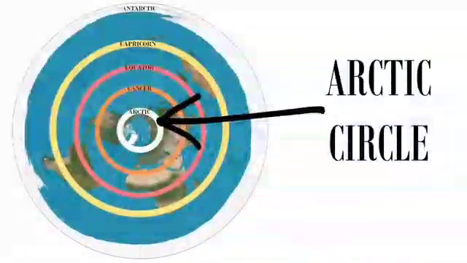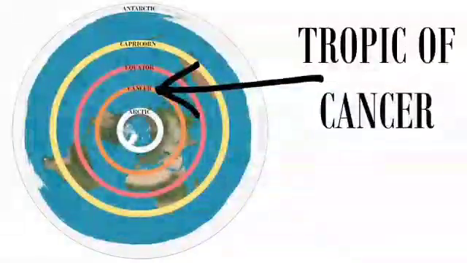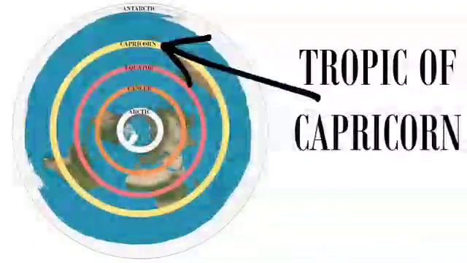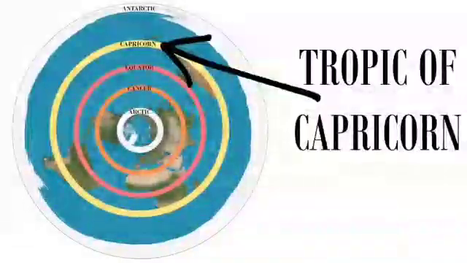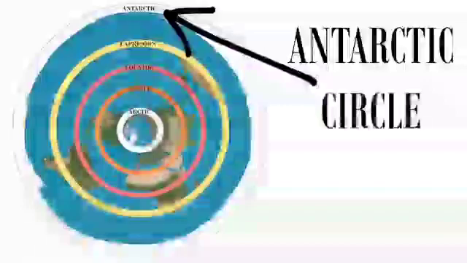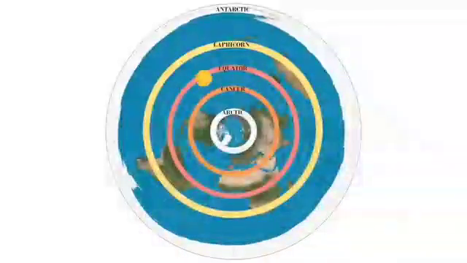There are 5 prominent circles of latitude, we are told. We have the Arctic Circle, closest to the center, the Tropic of Cancer at 23.5 degrees latitude in the northern hemisphere, the Equator at 0 degrees latitude, the Tropic of Capricorn at 23.5 degrees latitude in the southern hemisphere, and the Antarctic Circle. The sun journeys from the equator at the March equinox up in concentric spirals to the Tropic